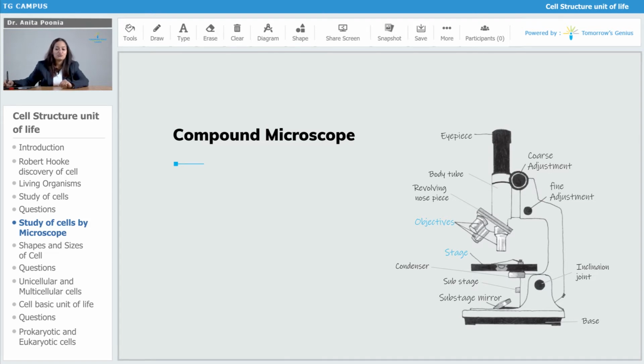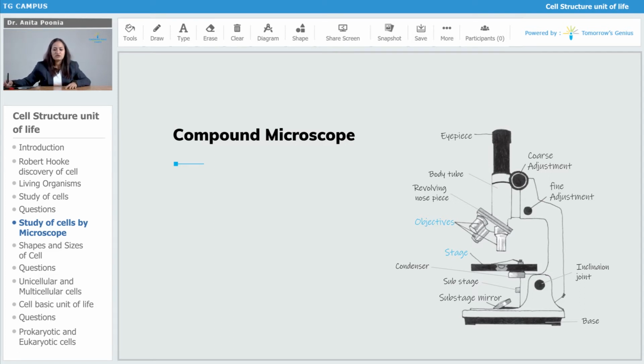You will look into the microscope through the eyepiece. You use one eye, you can close your other eye, or keep it open and observe with the other eye. Any which way, you just observe inside.